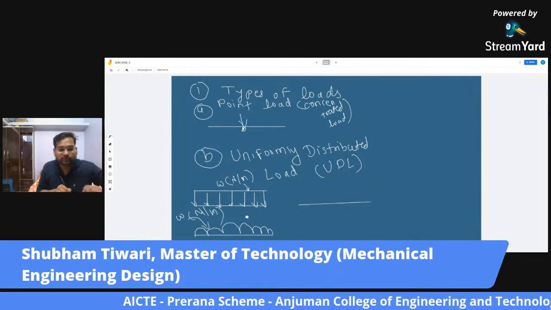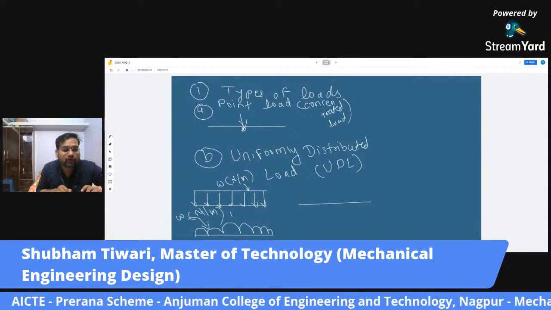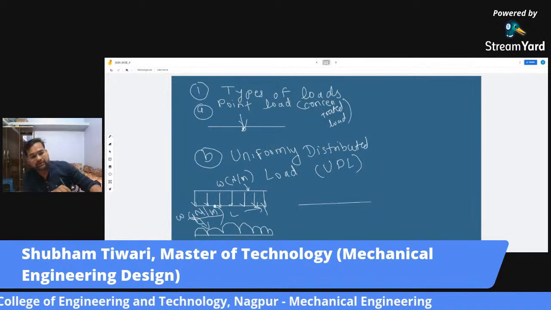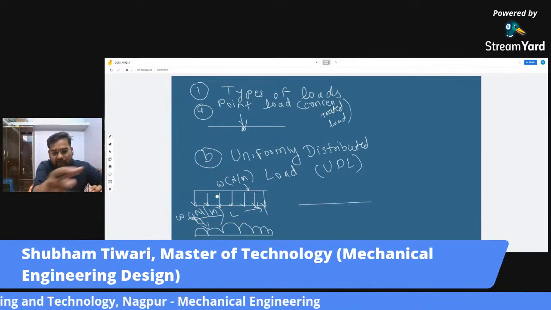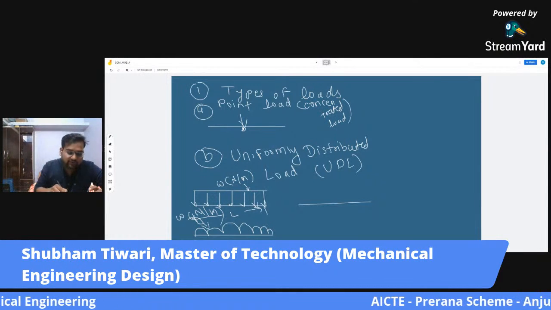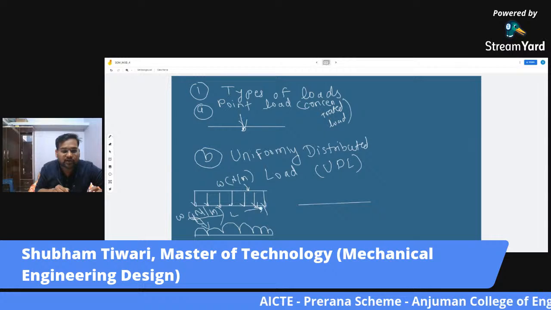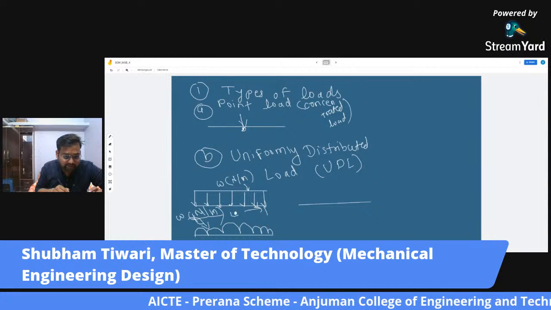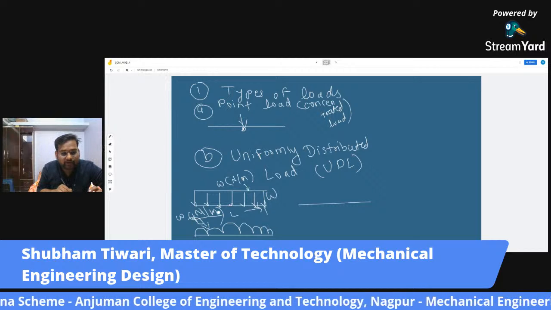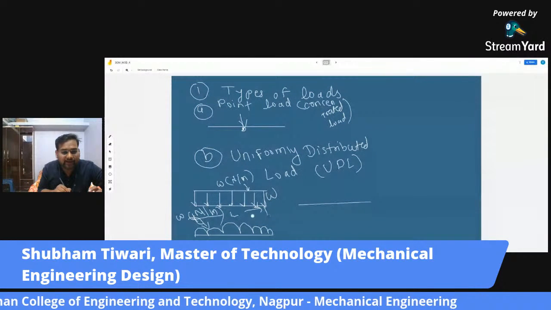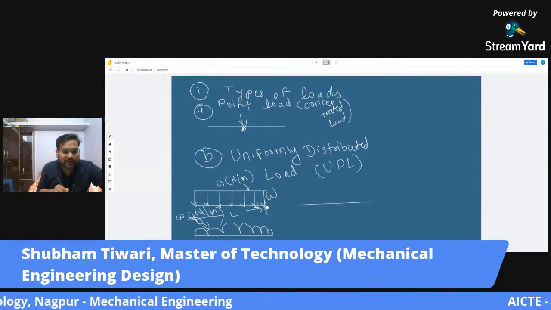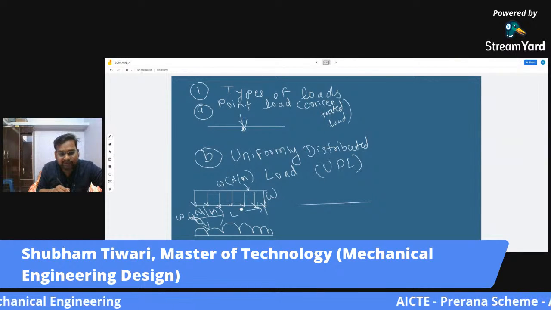So this is an important way. Suppose you have a beam with length L, and a load of amount W is distributed across its length. So how can we convert it into a point load? The equivalent point load has a magnitude equal to the area of this diagram. This is a rectangle with height W and length L. So the magnitude of the point load will be W into L, and the point of its application will be